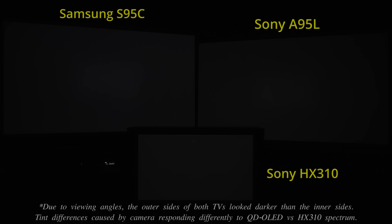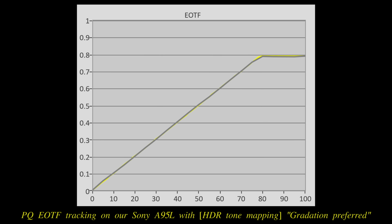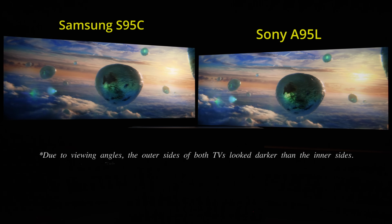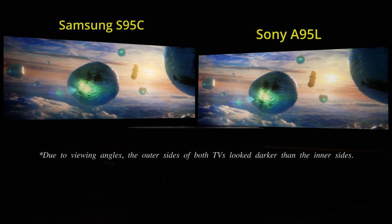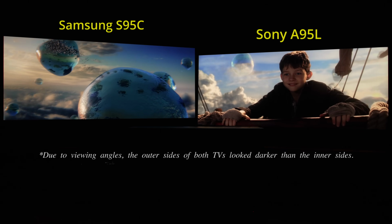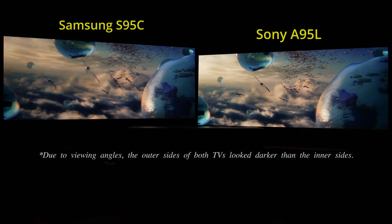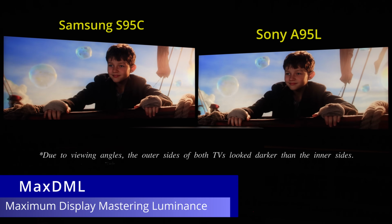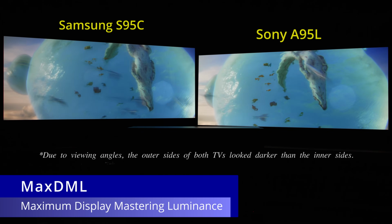by Samsung Display. While the default HDR tone mapping setting of gradation preferred on the Bravia A95L tracked the ST2084 PQ standard accurately, Sony's dynamic tone mapping algorithm, which ignores ST2086 metadata, continued to prioritize APL or average picture level over preservation of all highlight detail. So in a handful of HDR movies containing 4000 nit elements, there would be more clipping of bright specular highlights